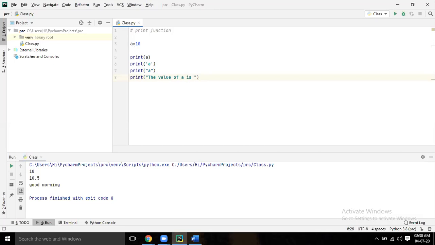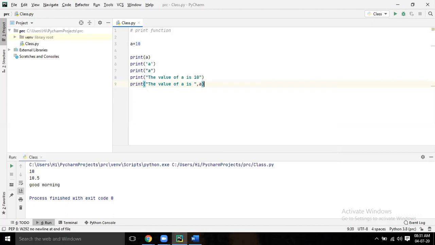Now next line. Print the value of a is, space. Come out of the double quote. Then only double quote, comma, a.